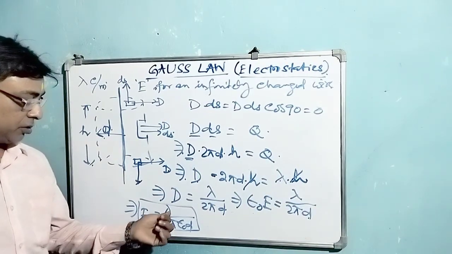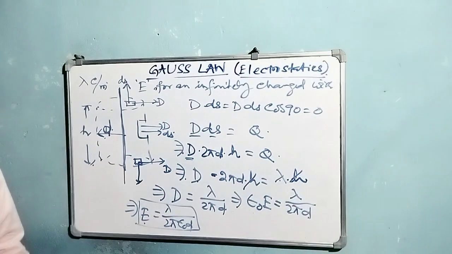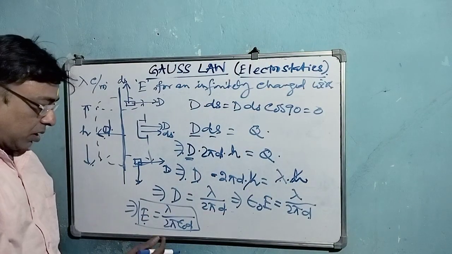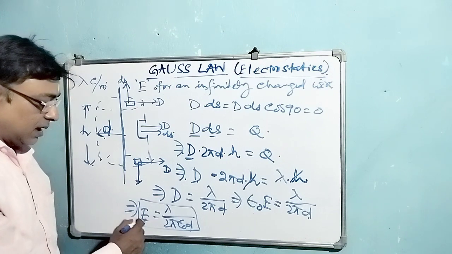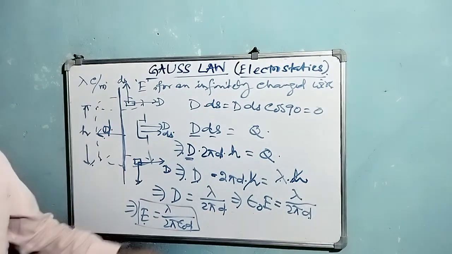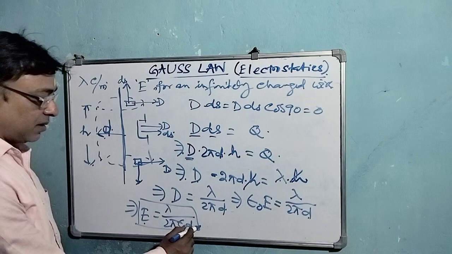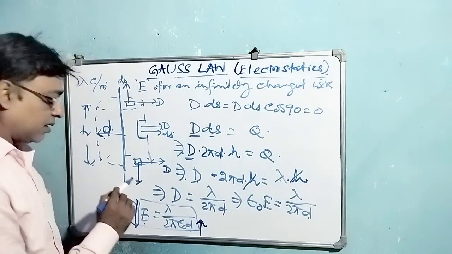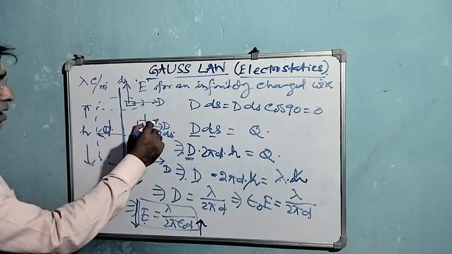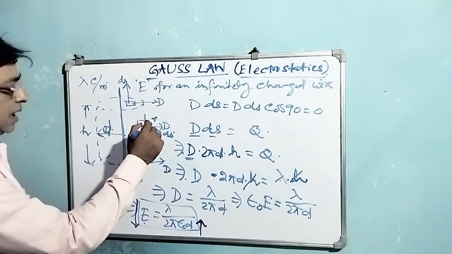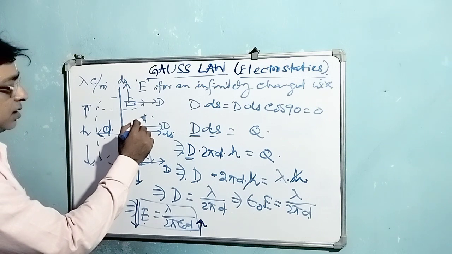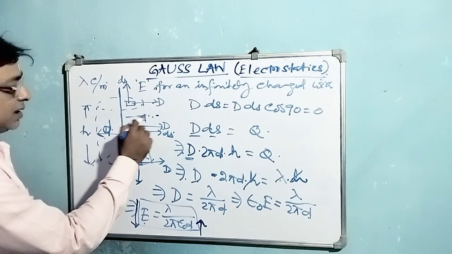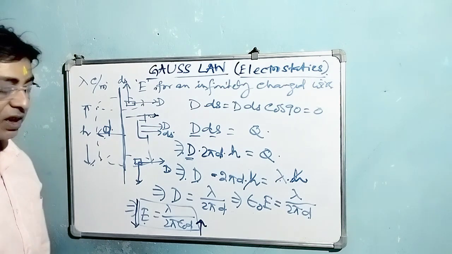Now electric field is equal to, we have seen that it is equal to lambda by 2 pi epsilon 0 d. So from that we can see that the electric field intensity is inversely proportional to the distance. That means if the distance is increased, then obviously the electric field intensity will be decreased. That means if you are taking a point away from this one, suppose we are considering at this point or at this point, so obviously as d increases, the electric field intensity decreases.